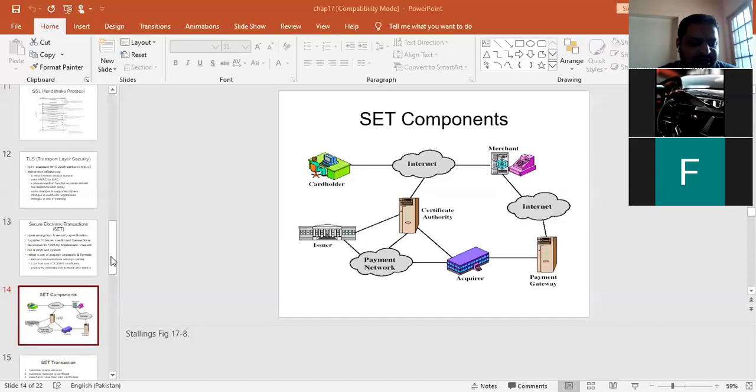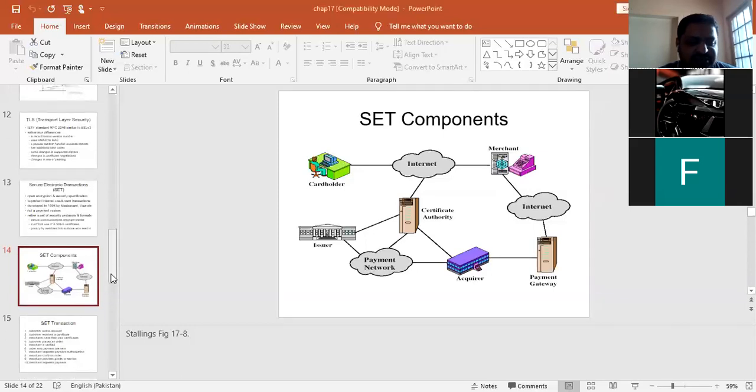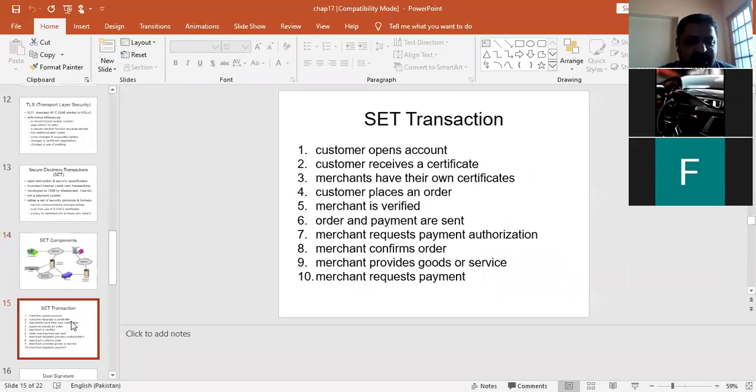For example, here, what are the different steps used to do this task? The secure electronic transaction consists of a number of steps. For example, a customer or user opens an account, and after that it will be verified by a particular system, and then it will receive a particular certificate from that system. And after that, for example,